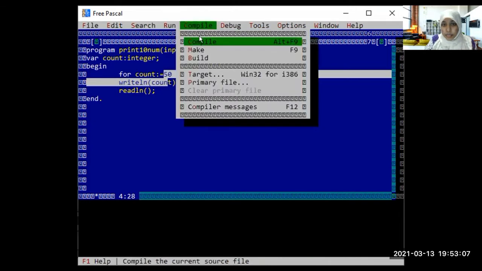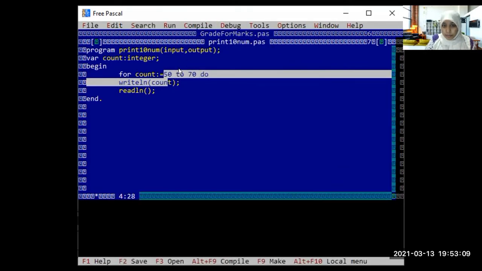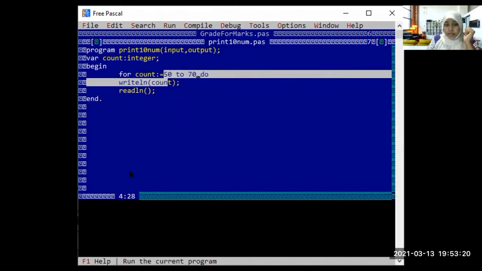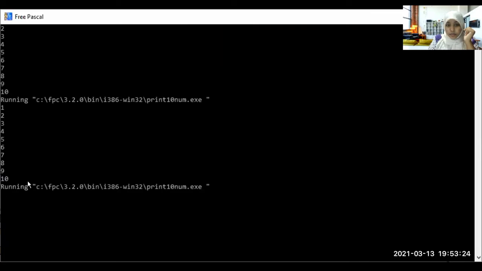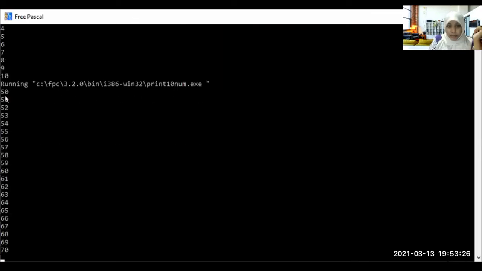Now see what happens here. It is repeating, right? Until the count is satisfied, it gives me all the numbers. That is the repetition here. Now I am running. See here what happens. From 50, 51, 52, 53, 54, and it goes until 70.